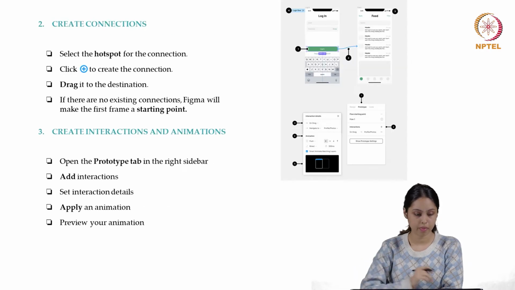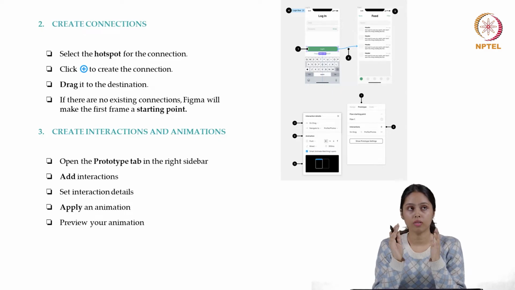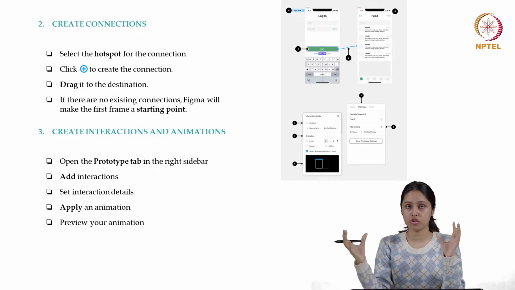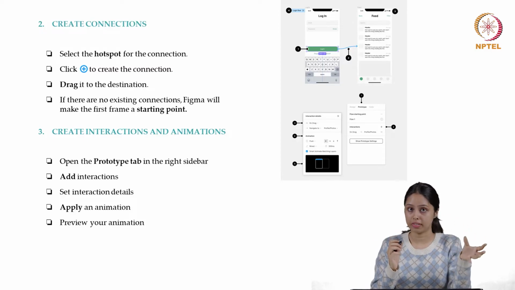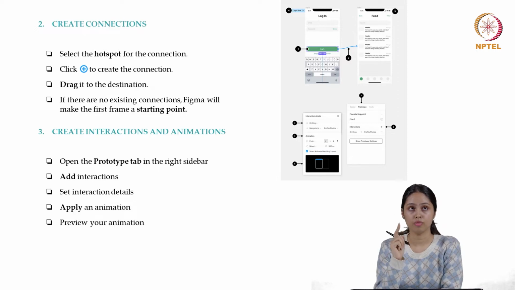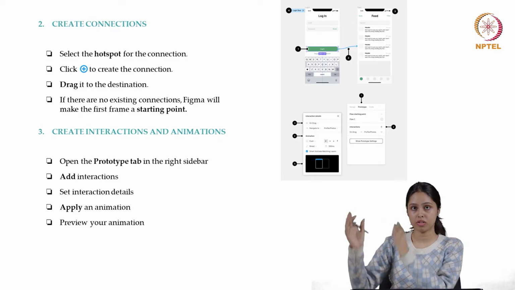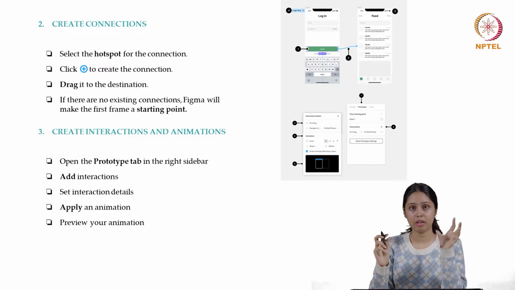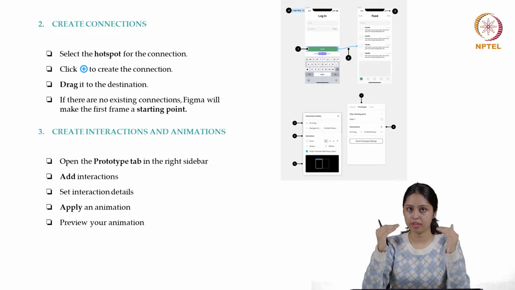The second point is creating connections. Taking the example we had before, you have different pages: a login page, a home feed, a search page, a messages page. These will have different kinds of buttons. If you click on the messages button, it will take you to the messages page and show you different chats and everything. How do you make that connection between that button and that page? Maybe you have one screen and you have five different buttons on it.